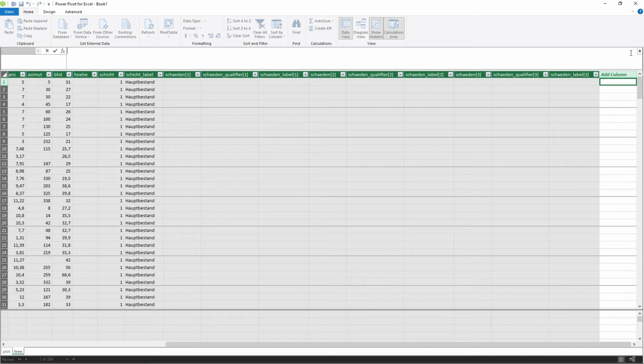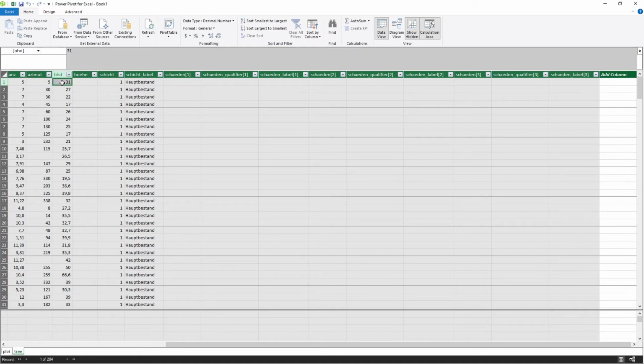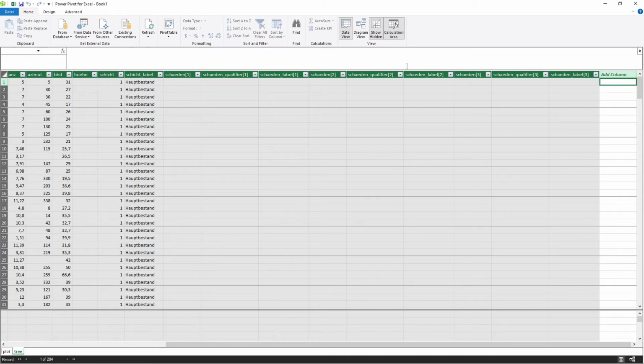That means we have an unequal probability plot design where trees of different diameters have different expansion factors. So we have the DBH here, we know the DBH of each tree, and we can use this to find out which plot area should be considered for expanding this observation to 1 hectare.